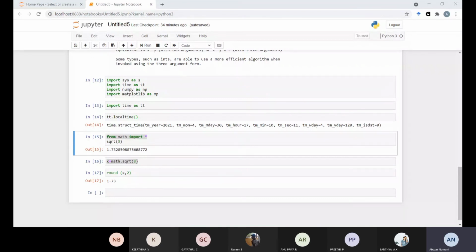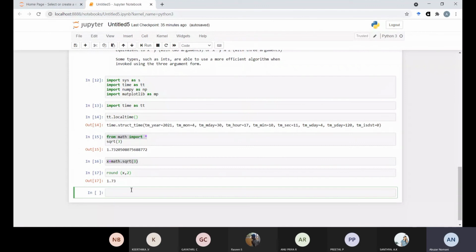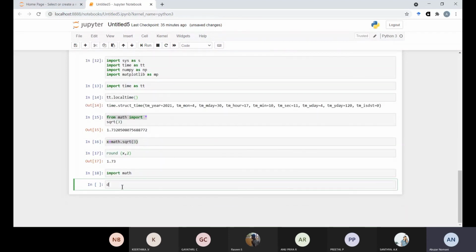I will show you. Let's see how many modules we have installed till now. Suppose we have run import math, then find out how many functions there are.